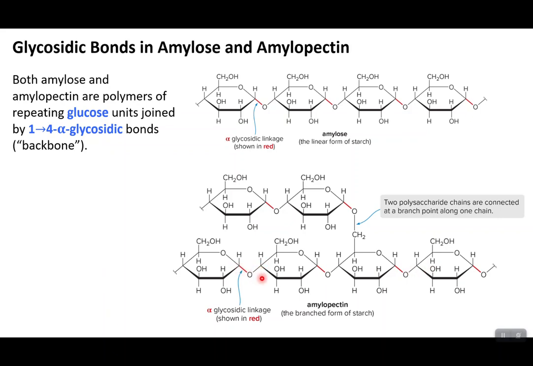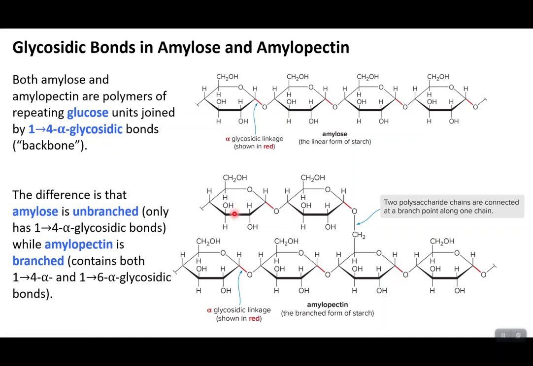But in addition to that, amylopectin is going to have a branching point, where the carbon in the 6th position is going to form a bond with the anomeric carbon of another monosaccharide. So what this means is that the difference between amylose and amylopectin is that amylose, we call this unbranched. There are no branching points in amylose. Whereas in amylopectin, yes, it contains the same 1,4-alpha glycosidic bonds as amylose, but it also contains these 1,6-alpha glycosidic